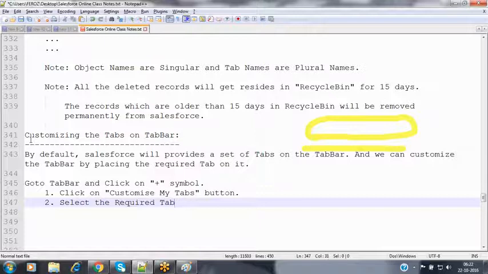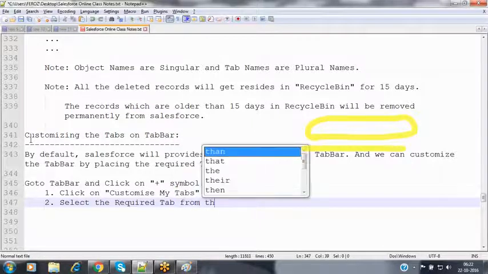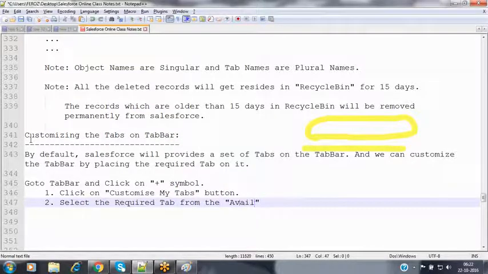Select the required tabs from the available tabs in the pick list.